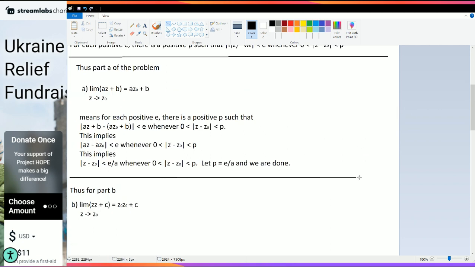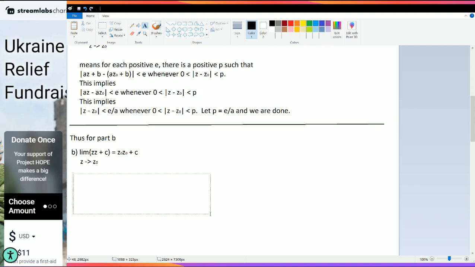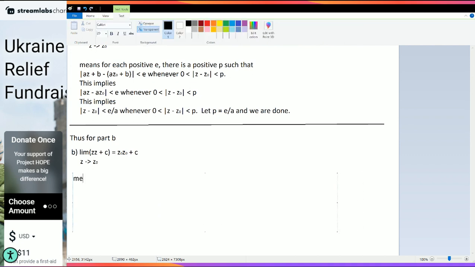And draw a line right here. Now we're all organized. Let me just move the computer into my lap. But now, this means for each positive epsilon, there is a positive delta such that